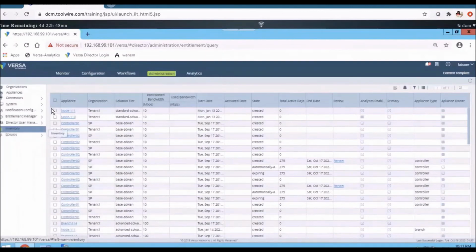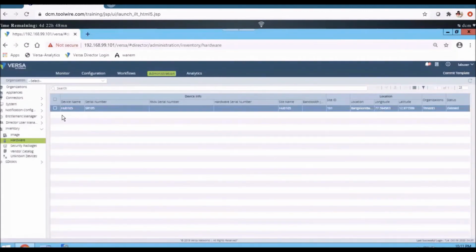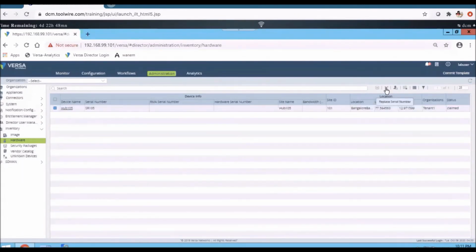We have created a serial number with SR105. If you want to change the serial number of the branch, I can click on here, replace serial number. If you are interested in performing an RMA of the devices from the director, this is how we do it. So, replace the serial number. We are going to talk about that.